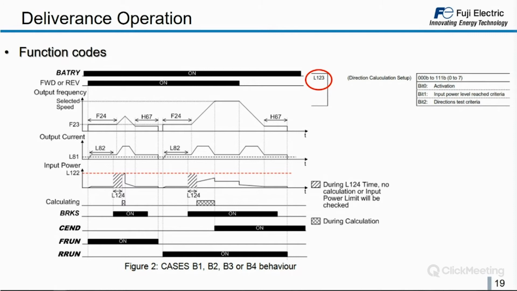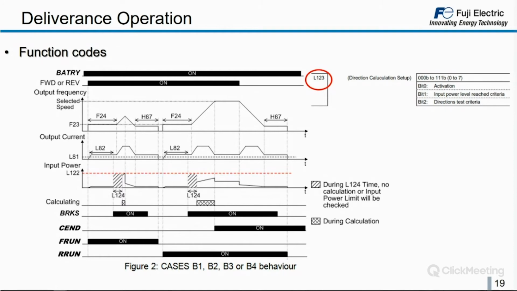Then we have bit 2 and bit 3, which are used to decide what we are going to do in case the power limit is reached. If I will stop right away, if I will try in the different direction, if I stop if the limit is always reached, or if I will try to move anyway at the maximum speed I can move. There are different options. In the graphic, you see one of the most common situations and most common settings.